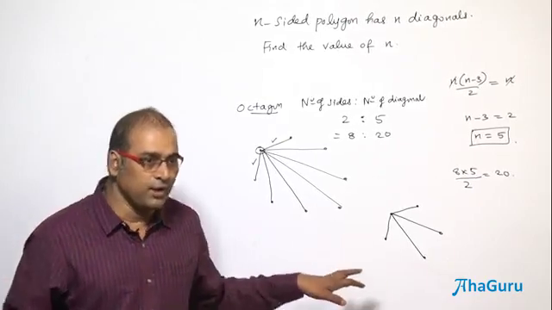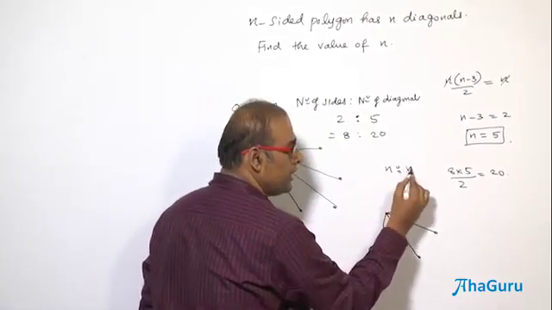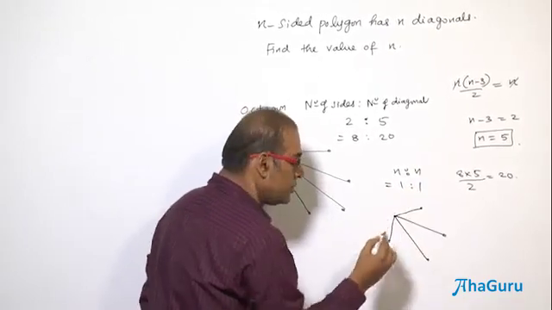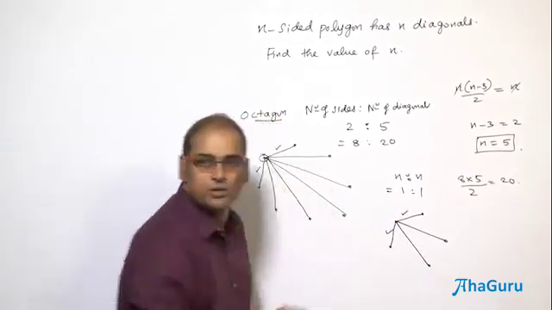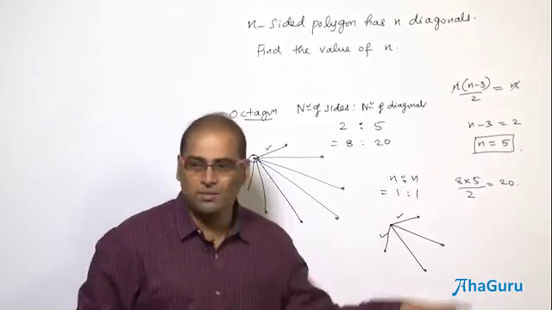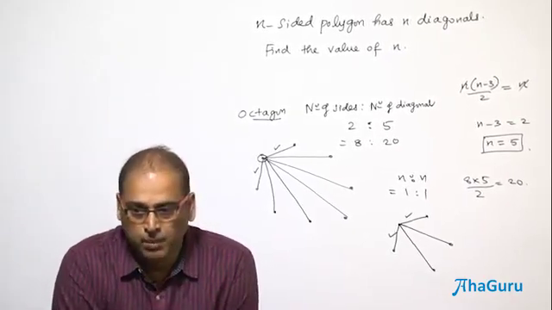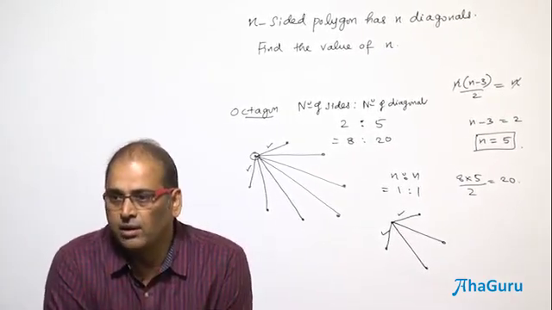Are you able to follow or not? See, the number of sides is to the number of diagonals is n is to n. Since you have two sides, how many diagonals should you get for two sides? Two diagonals. So you need two more vertices. Therefore, the total number of vertices is what? 5. Therefore, it's a 5-sided polygon. So the value of n is 5. Are you able to understand?